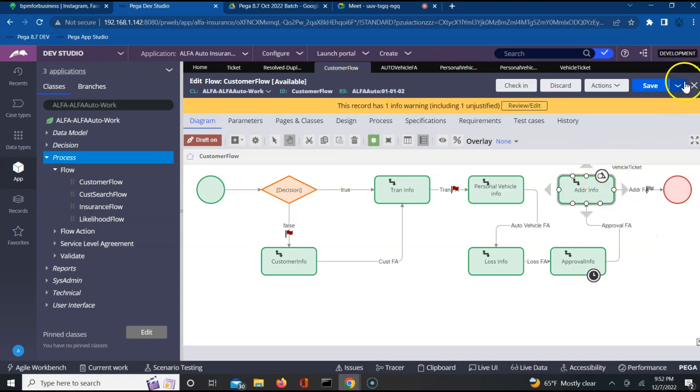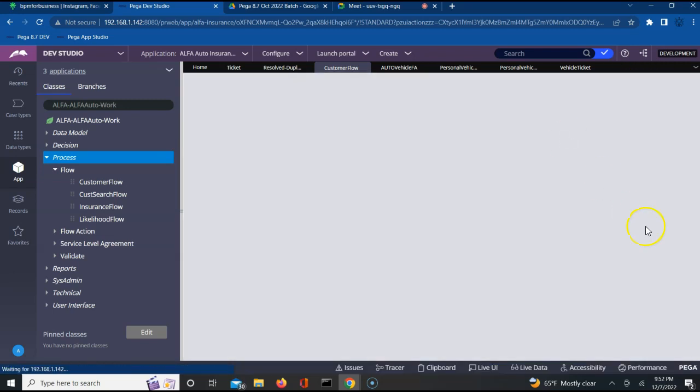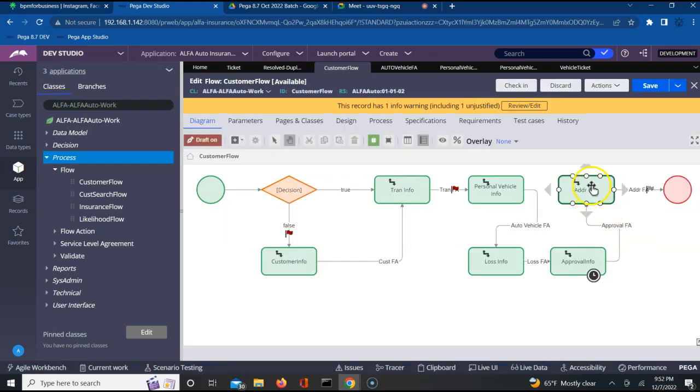See, I'll show you again. I'll discard these changes and show you again. Let me refresh it. This won't be saved. See, it's gone. To configure the ticket, we have to come to the destination assignment,